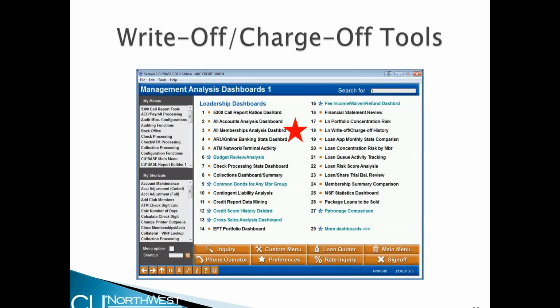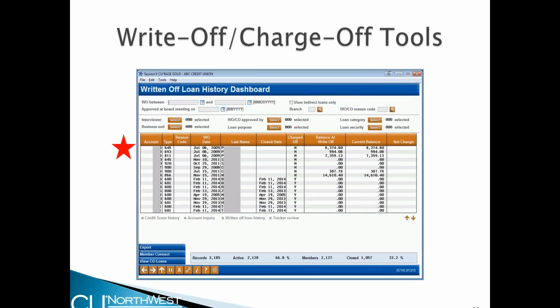Now there's also going to be new write-off, charge-off loan history dashboards that will be available in our Management Analysis Dashboards 1 menu, or MNMGMD option 18. This is going to display our account number, reason code, our write-off date, member last name, the close date, and whether or not it was charged off, the balance written off, and if there is a current balance on the